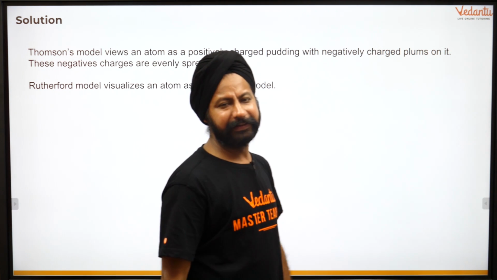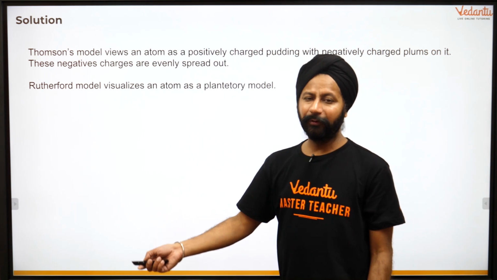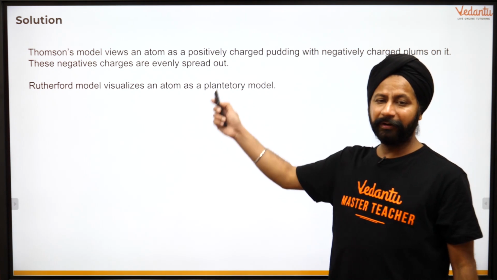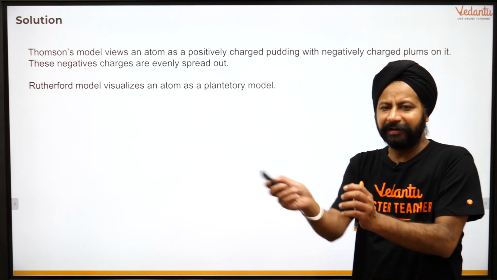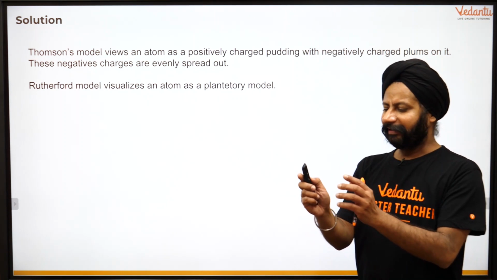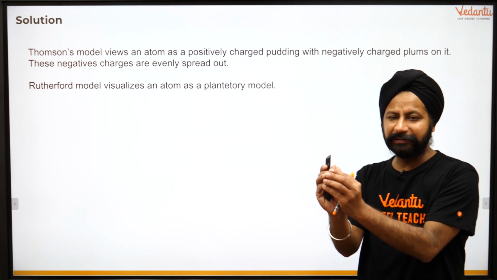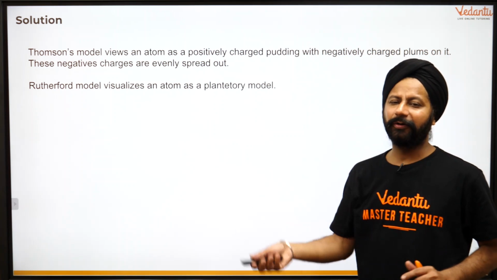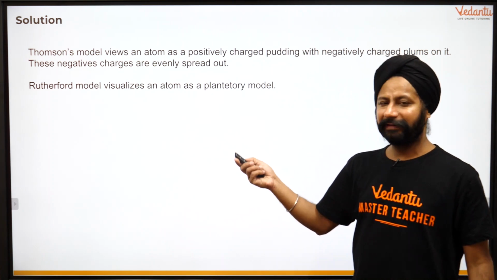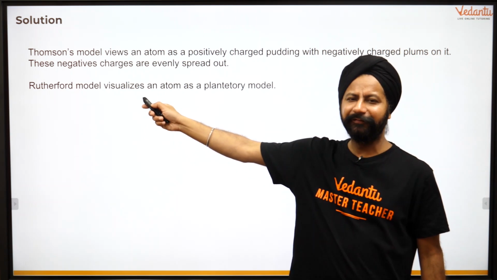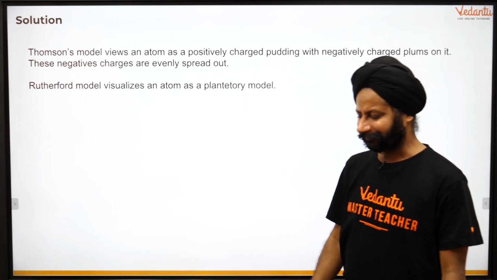Within next few years, Rutherford and also came in Bohr after that, they said no, that model doesn't look good, and Rutherford suggested more like a planetary model. Just the sun के around planets revolve करते हैं, and he said okay, there's a nucleus here which is positively charged and there are electrons revolving around it. But there were flaws in that theory also, but that's not the question. The question is give one difference. This is one difference here.